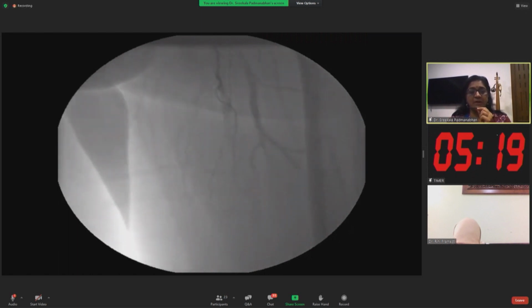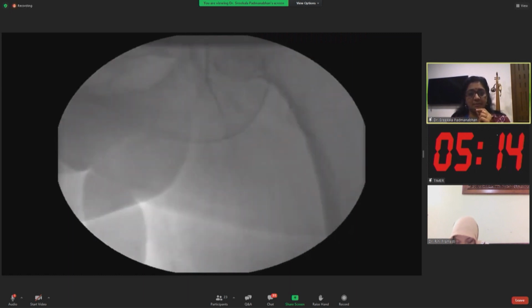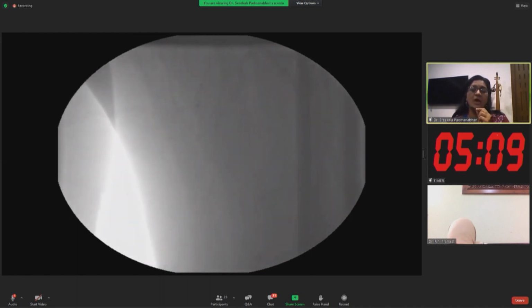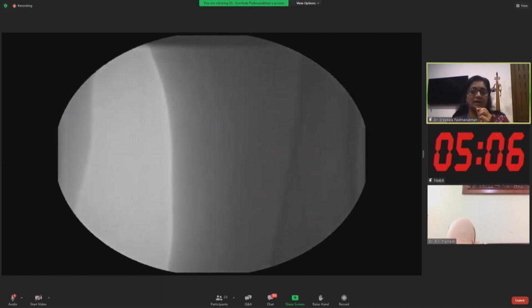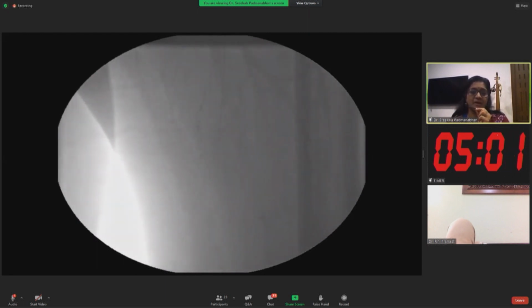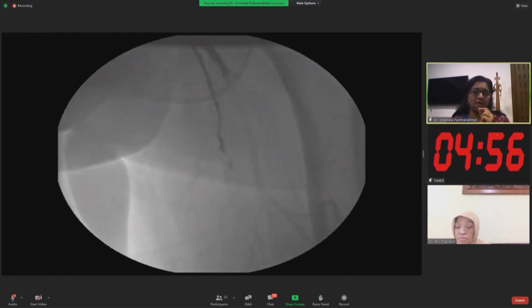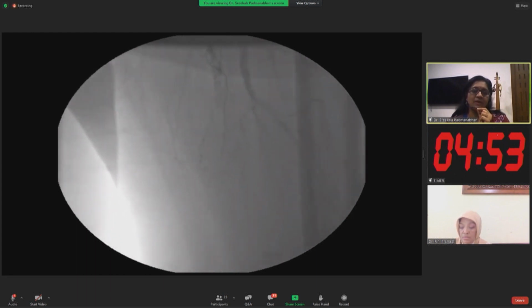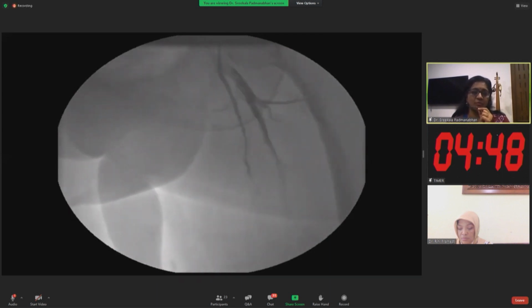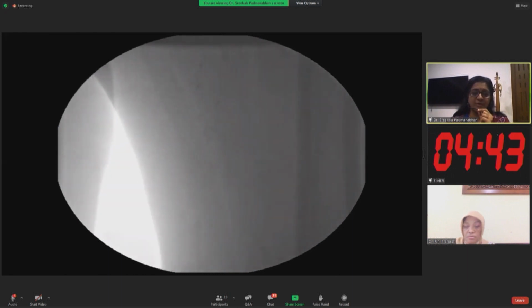We tried multiple views to see the ostium, and we were planning a crossover approach from above, since we had already put a sheath from above, and she also had difficult iliacs. So from the opposite side, the right femoral side, different views were taken, and with the multipurpose guiding catheter, I was able to view the ostium of the superficial femoral artery in this view. It was a diffusely diseased and totally occluded superficial femoral artery.